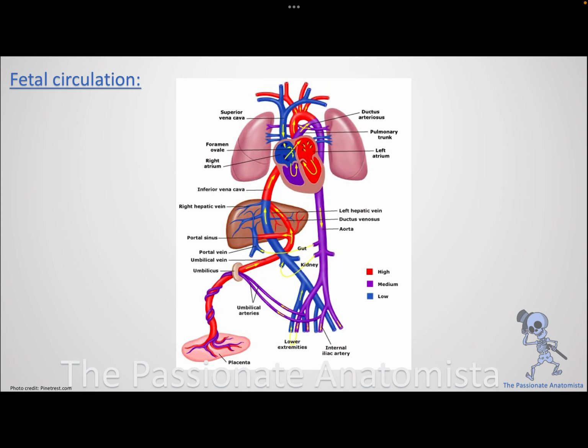Now, everyone knows that the blood comes back from everywhere to the right atrium, and from the right atrium to the right ventricle, and then it goes through the pulmonary trunk to the lungs, gets oxygenated, comes back to the left atrium and then to the left ventricle, and it gets pumped through the aorta to everywhere. But remember that there are two things that do not work in fetal life, which are